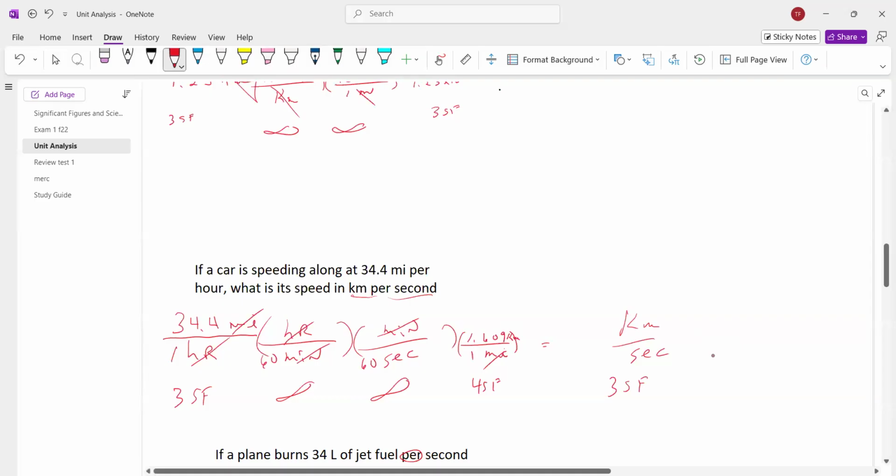Okay, so we have 34 times 1,609. Divide key 60. Divide key 60. Enter. And 3 sig figs in our answer. So it's going to be